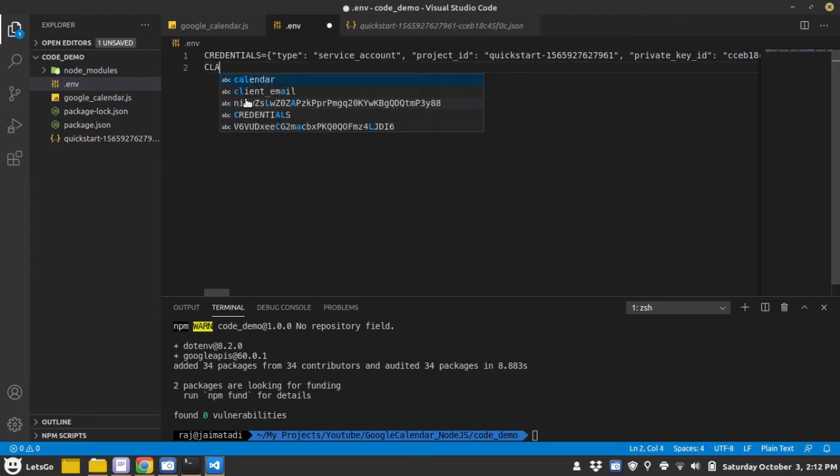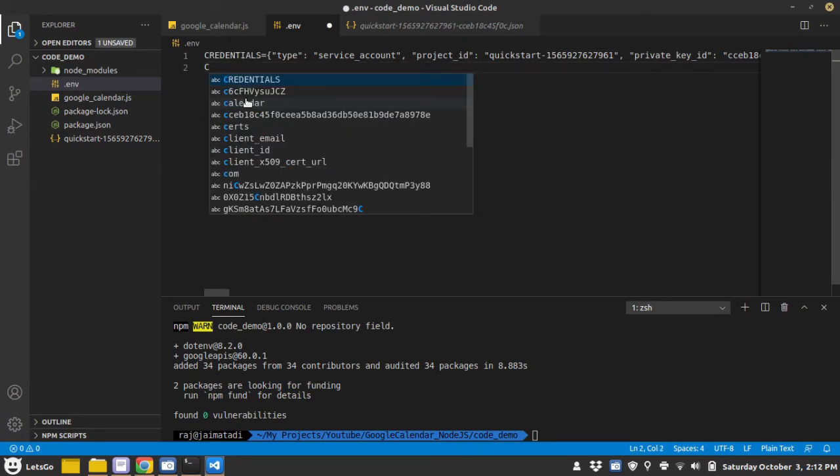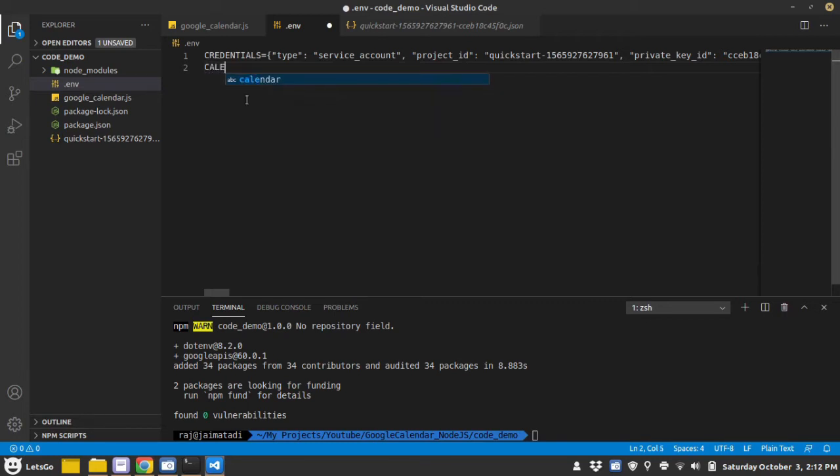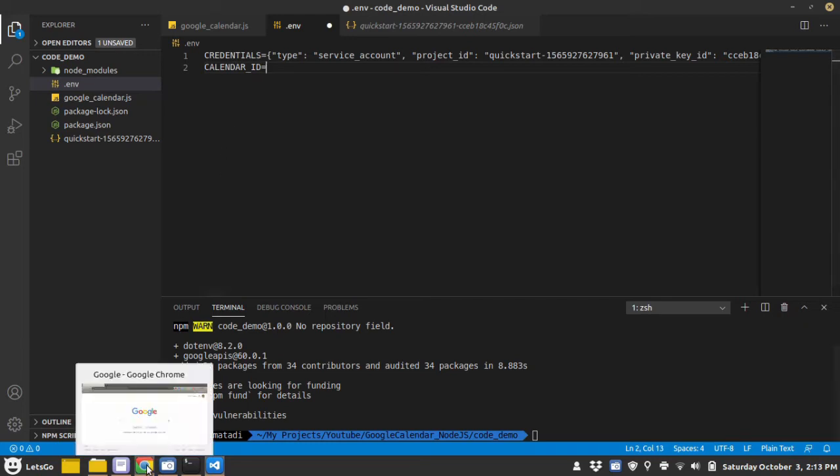One more parameter we will need is the calendar ID. So how will you get the calendar ID?